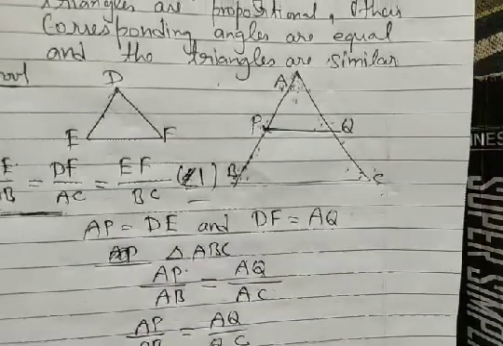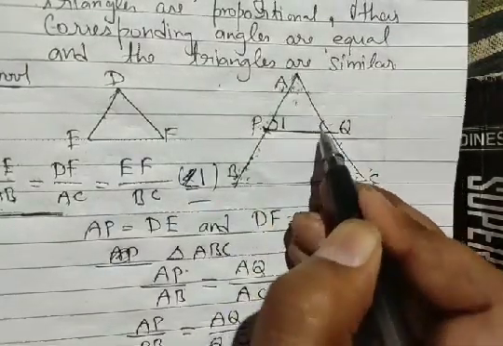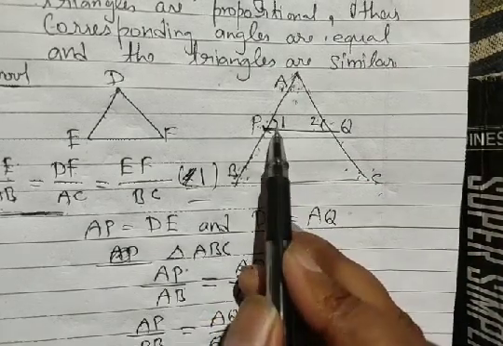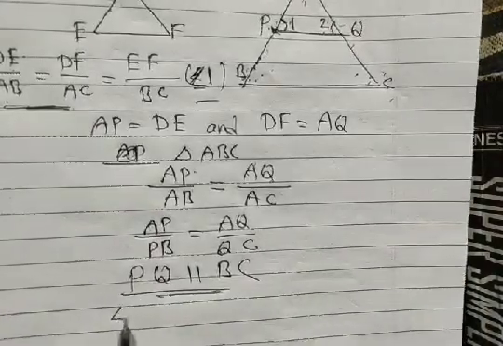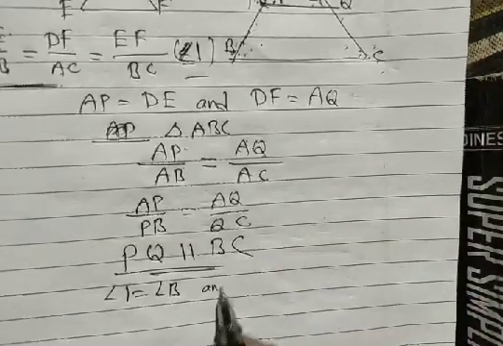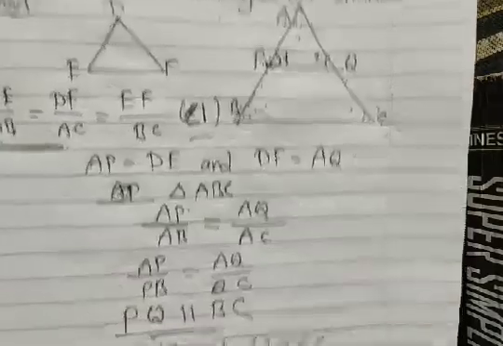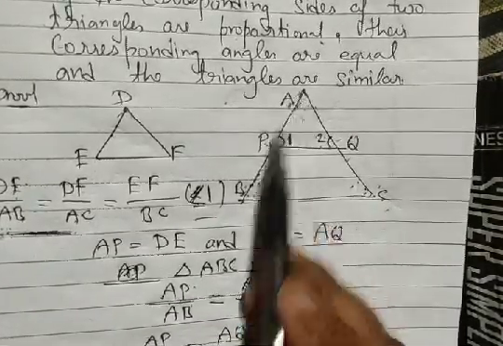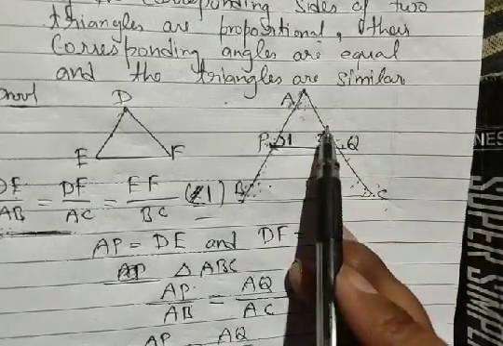Now when our PQ is parallel to BC, just naming this angle, angle 1, this angle, angle 2. Then angle 1 is a corresponding angle, so angle 1 equals angle B, and angle 2 equals angle C, since our corresponding angles are equal. Then what we have is triangle